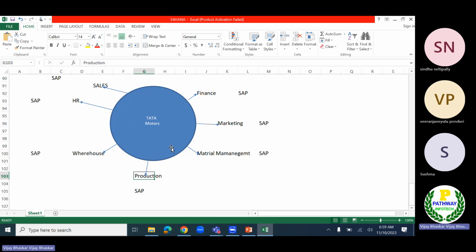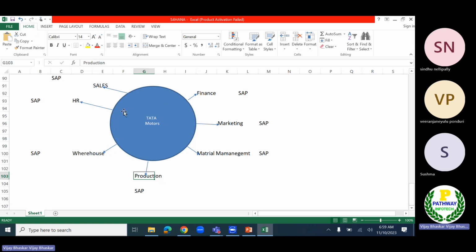So you can see all the activities are happening within the system. No need to depend on each and every department, though obviously there will be some dependency, but here we do not need to approach each and every department through external sources of communication.